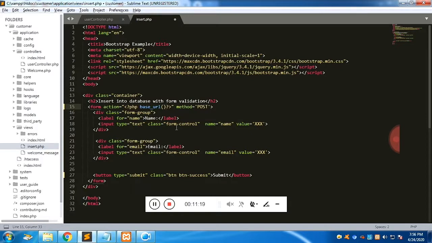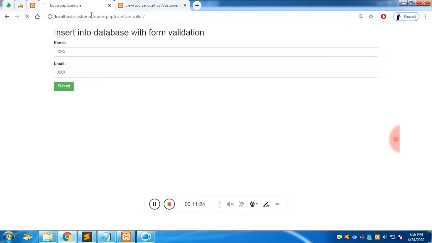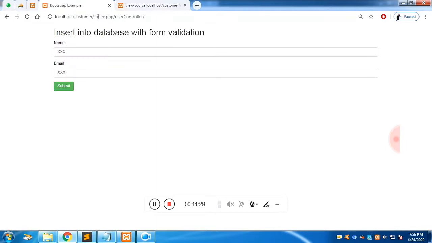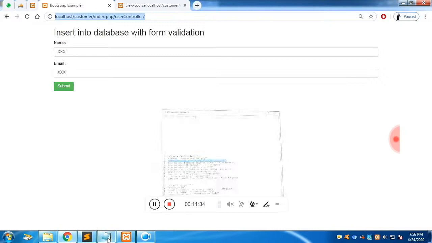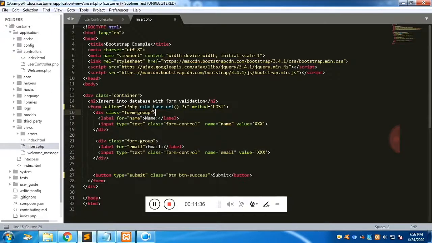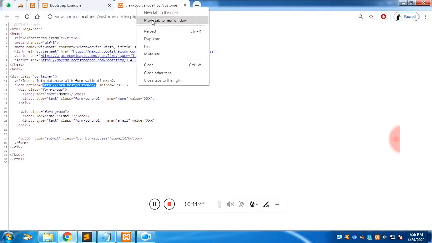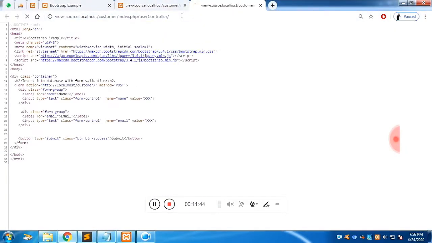What base URL will do is, as we have marked the base URL in config.php, it is just going to show you localhost slash folder name. But our URL says after the folder name we need two pages to be called, which are index.php and the controller name. In this scenario, the site_url comes into the picture. If you refresh it, you will see localhost slash folder name slash index.php shows up, but still we don't get the controller name. Here our controller name is user controller.php.